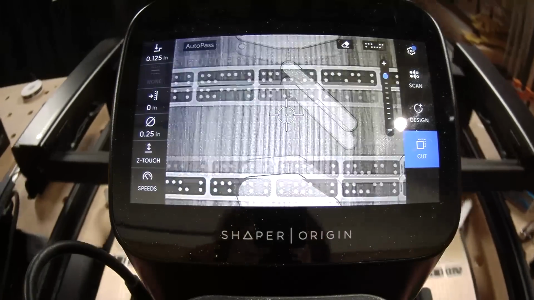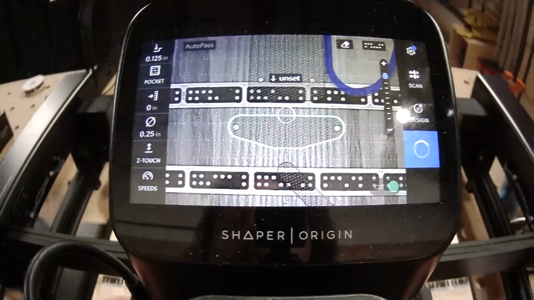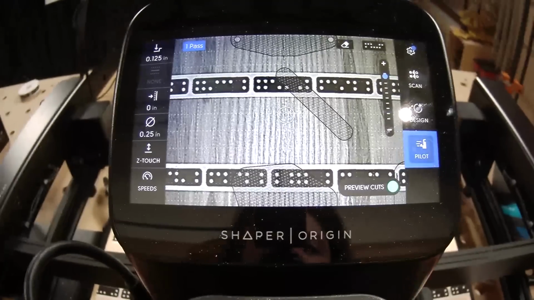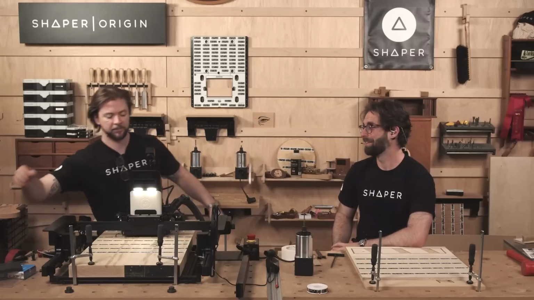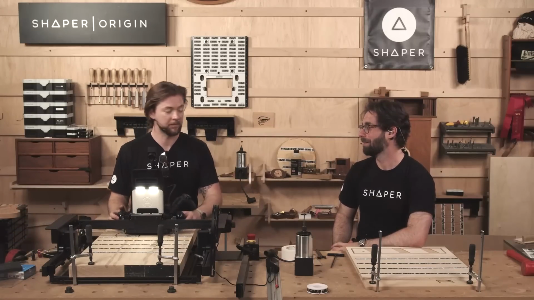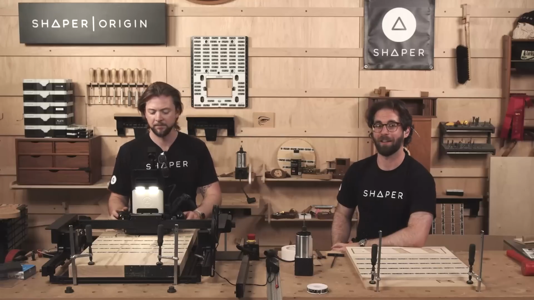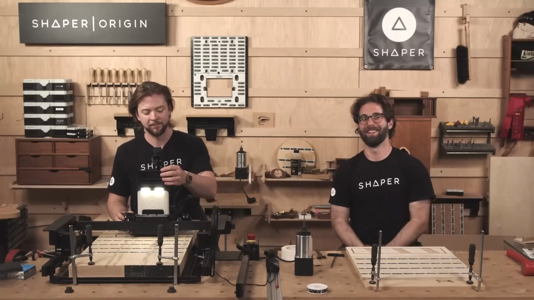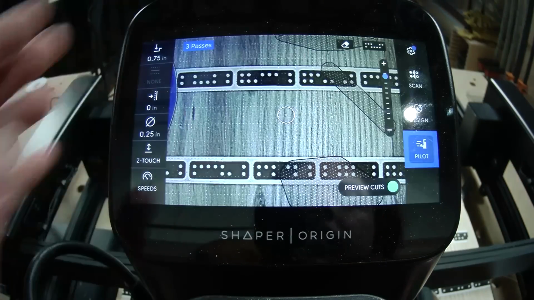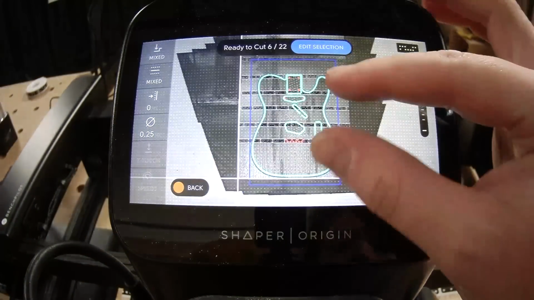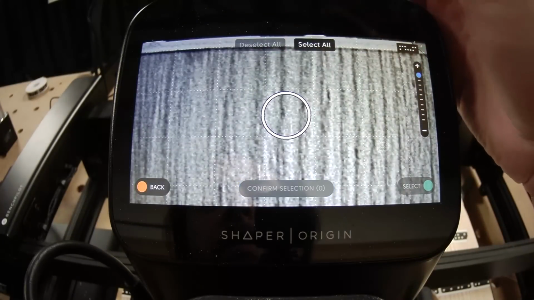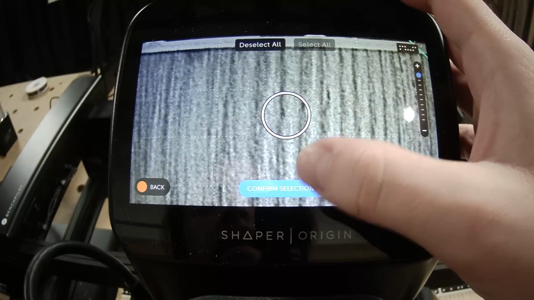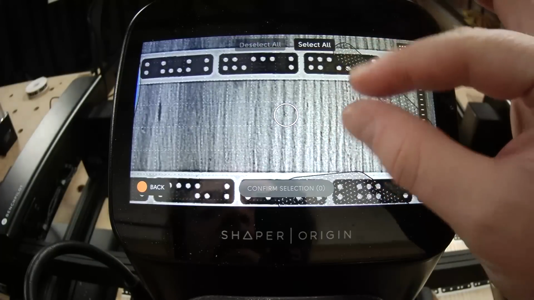Beautiful. Now from here, I can just click into BenchPilot and let it rip. By let it rip, you mean we're gonna cut this, right? Yeah. Okay, cool. Anything else we need to check before we get started? You got the router bit in there. I do. Probably just want to select this one path, so we could deselect all and just cut the one that we